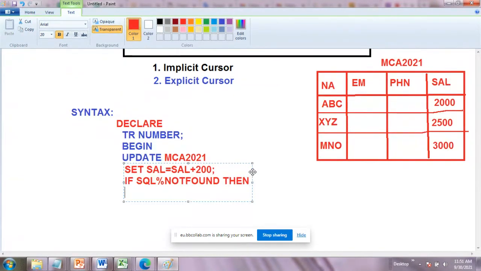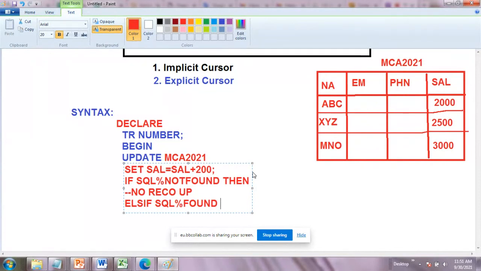You can print a message like no record updated.